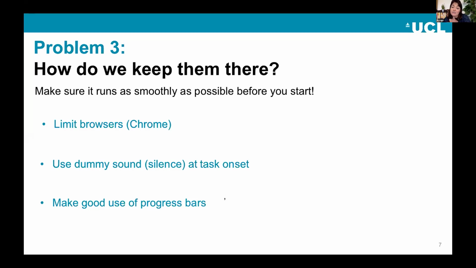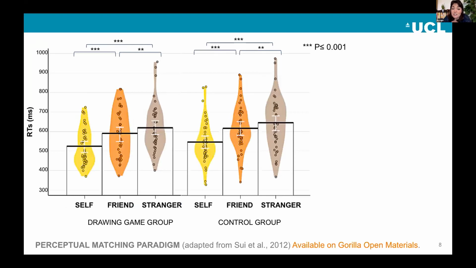Participants are really grateful to have progress bars in the study. And if I can't have a progress bar on screen because I don't want it to be there visually, I always tell participants how long the next section of the study is going to take. And if you've done all of those things, you should have good data, and you can see these are the